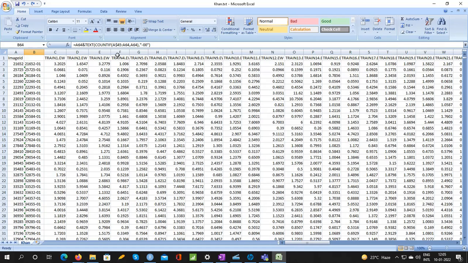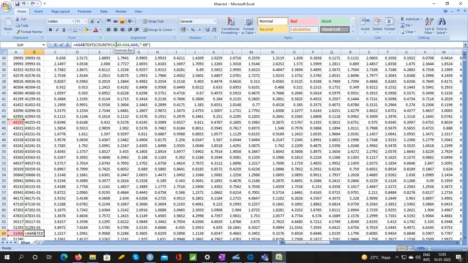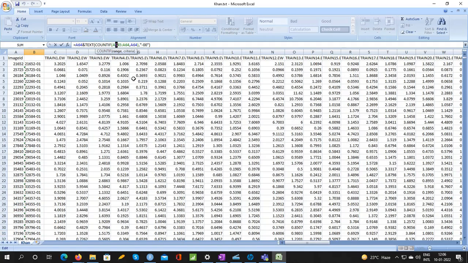So why is there a dollar? By the way, others may not even know why there is a dollar. What is the use of dollar? So first tell us that. Dollar is for fixing that particular cell. So even when you scroll, that cell remains fixed. Okay. So COUNTIF does what? And TEXT does what? Because if I don't understand a formula, I cannot apply it in a new situation.